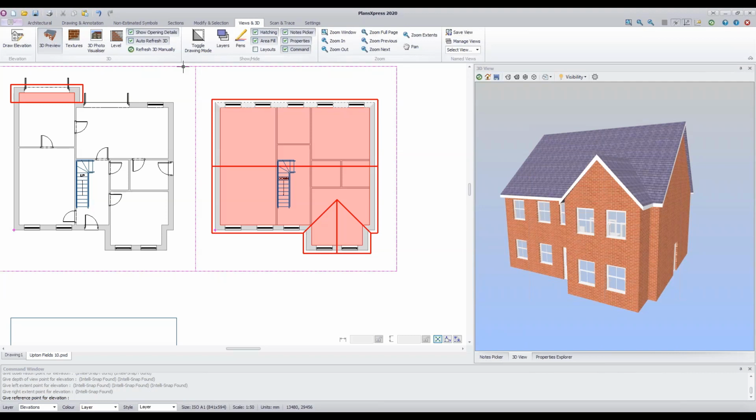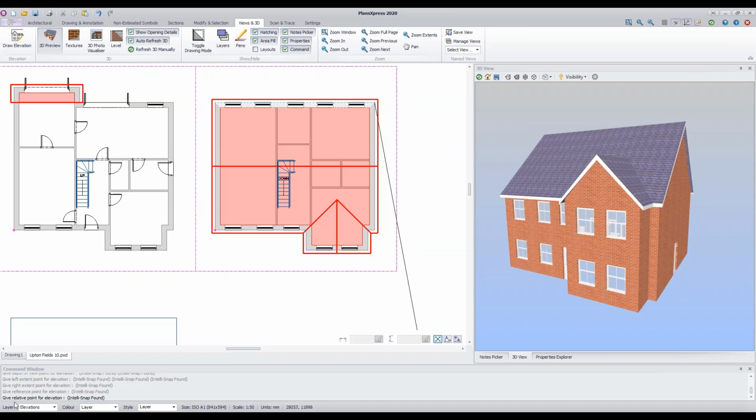So now we need to give the reference point. The reference point is the point we're going to place with our mouse click when we place the elevation view. So I'm going to use the right hand side of the first floor plan. If you can imagine, when we place the elevation, that's going to be placing the left hand side of the elevation as we did before with the front elevation. So you have to just imagine all the time that you're standing at the back of the property looking at the rear wall, and that will give you your left and right for these purposes. Okay, so click on that endpoint at the back right of the house,